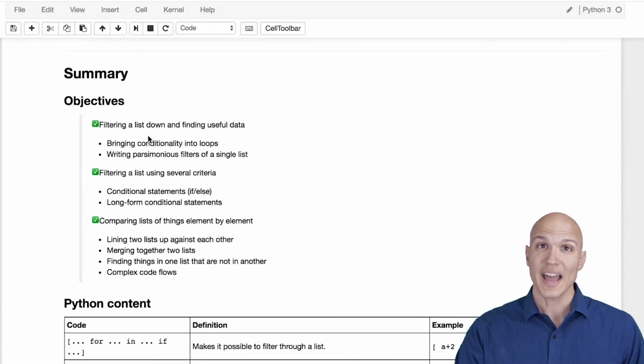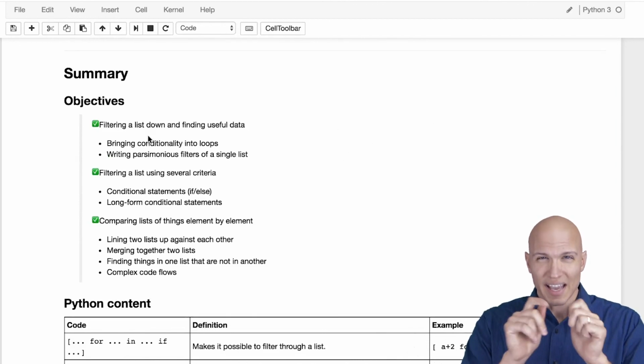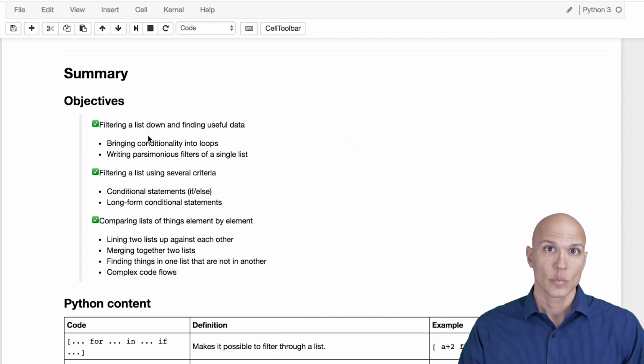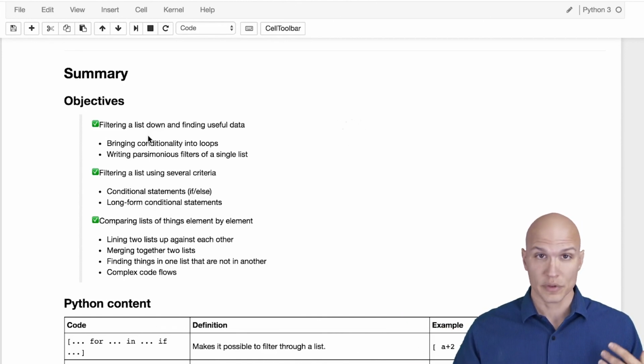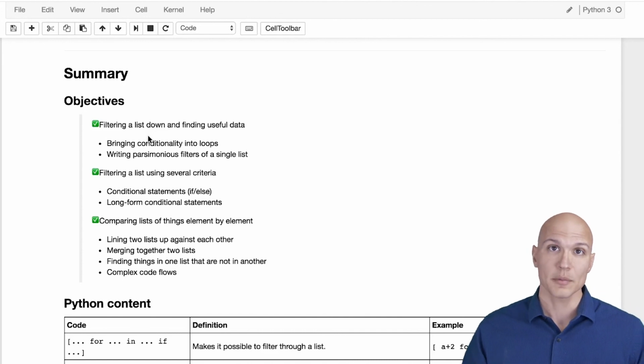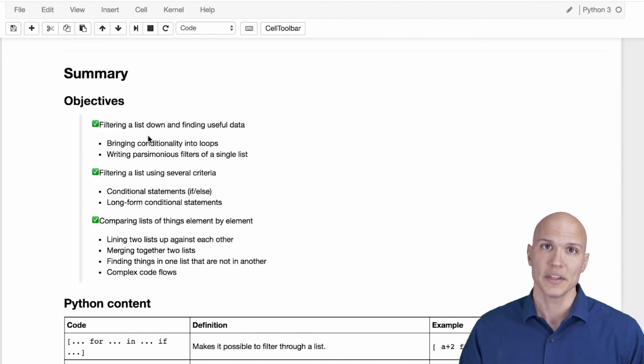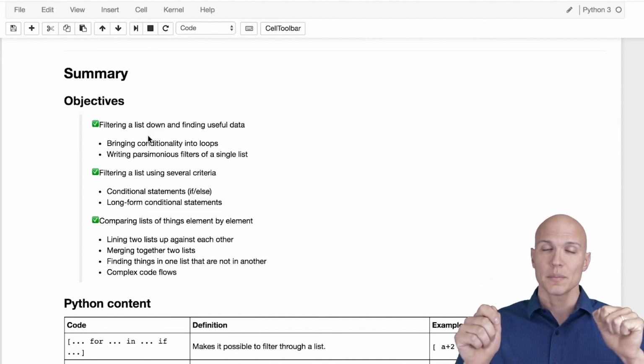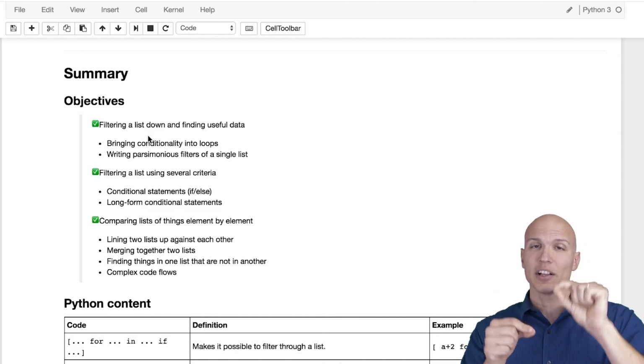And with that, we're at our summary. We're at the end. We've learned how to filter a list down to pull useful elements out of a longer list. We've learned the long and short forms of that. We've learned how to use if and else, and we've learned how to compare lists element by element, all towards eventually doing something useful. Taking two words, treating them both as lists, and comparing them element by element to determine